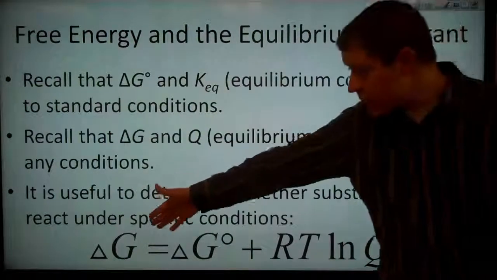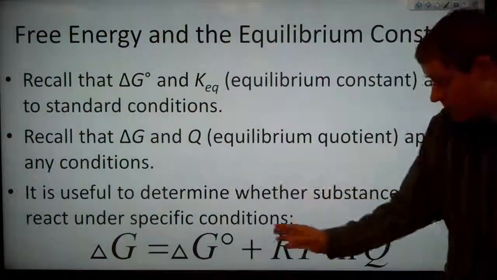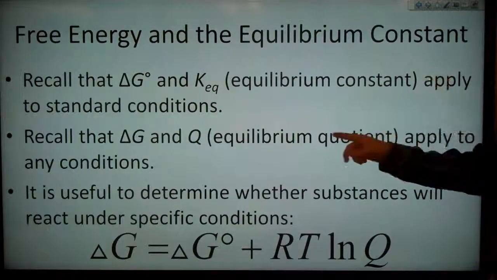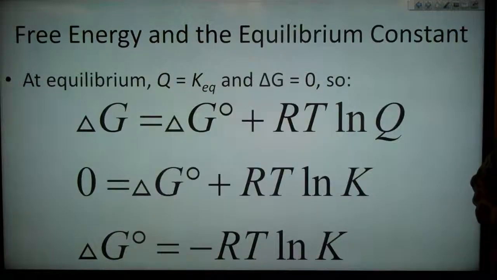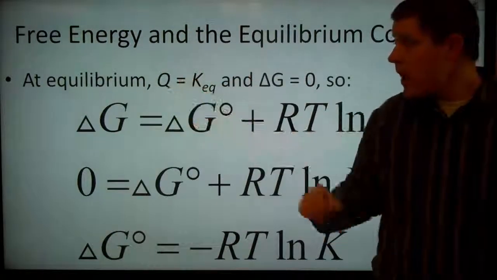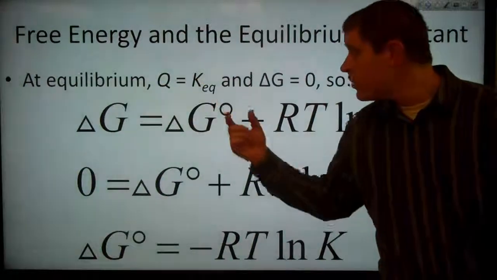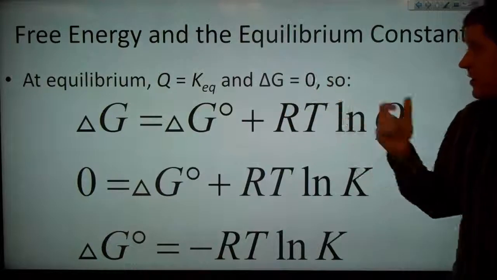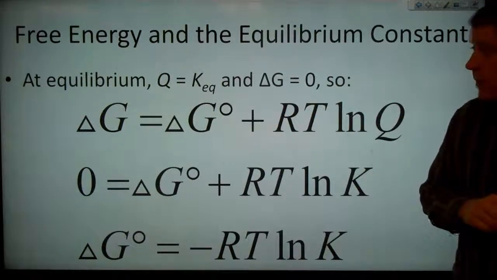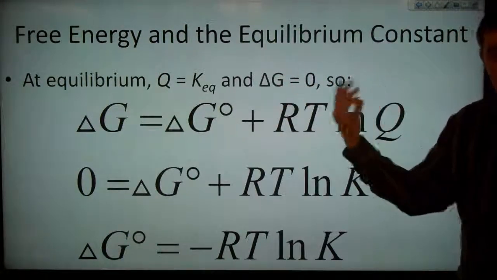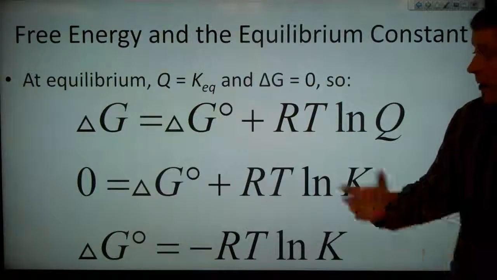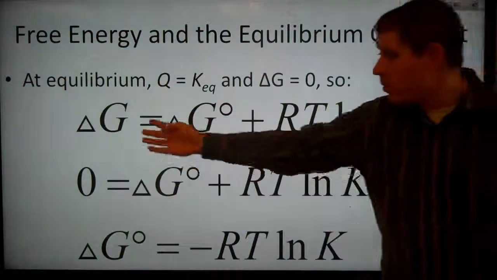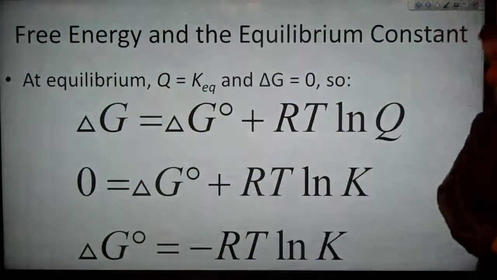So we have delta G is equal to delta G naught plus RT times ln Q, the natural log of our equilibrium quotient, Q. So at equilibrium, the reaction quotient Q is equal to K_eq, the equilibrium constant, and delta G is equal to 0, because there's no driving force in one direction or the other. And this means that this equation becomes this, where we now replace delta G with 0,